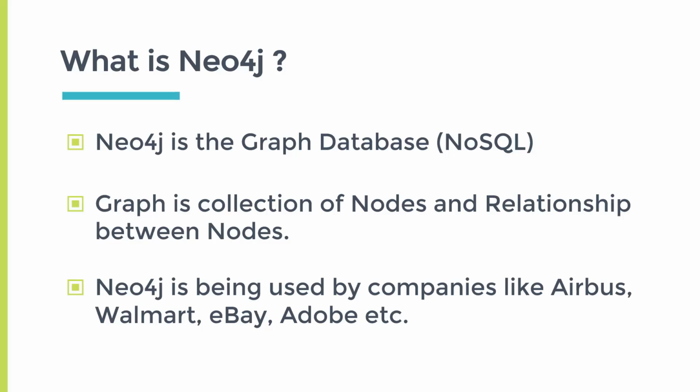Now, you might be thinking about when to go for Neo4j over the SQL databases. In SQL databases, what happens when you have complex queries with a lot of joins, right? It will slow down the performance of your application because you have a lot of joins in your query. So for that particular instance or that particular need of your application, you need to go for the Neo4j graph database over the SQL databases. Those kinds of inner join queries are very fast in the Neo4j graph database. So this is an introduction of Neo4j.